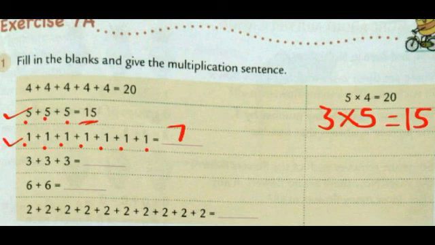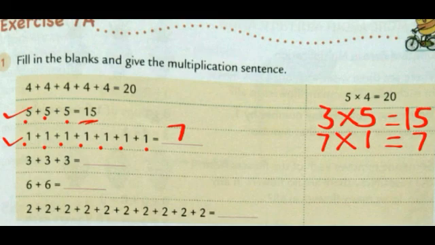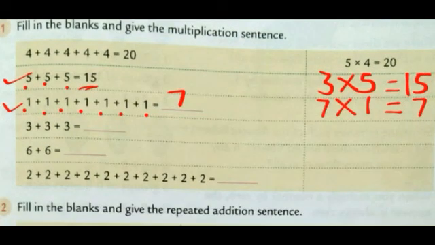Okay, now we will write the multiplication sentence for it. So first we need to write how many times the number is being repeated. Here it is being repeated 7 times. And as we are writing a multiplication sentence, we will put the multiplication sign. And which number is being repeated again and again? 1. Okay, simply multiply. 7 ones are 7. See, this is how you have to first fill in the blank and then write the multiplication sentence for the following. I would like you all to try this 3 as homework.